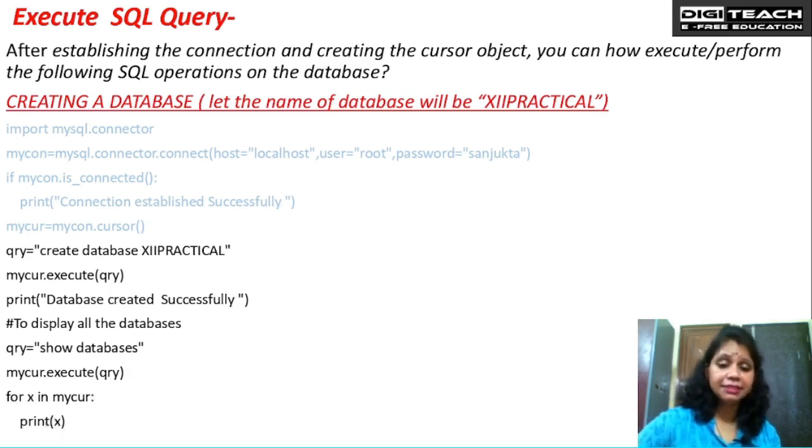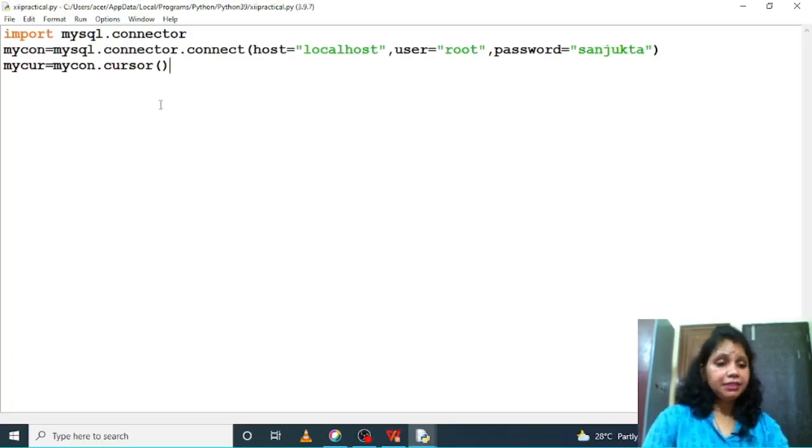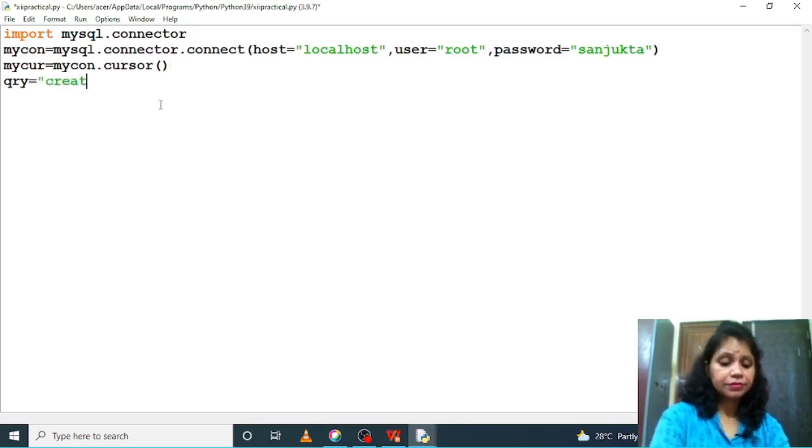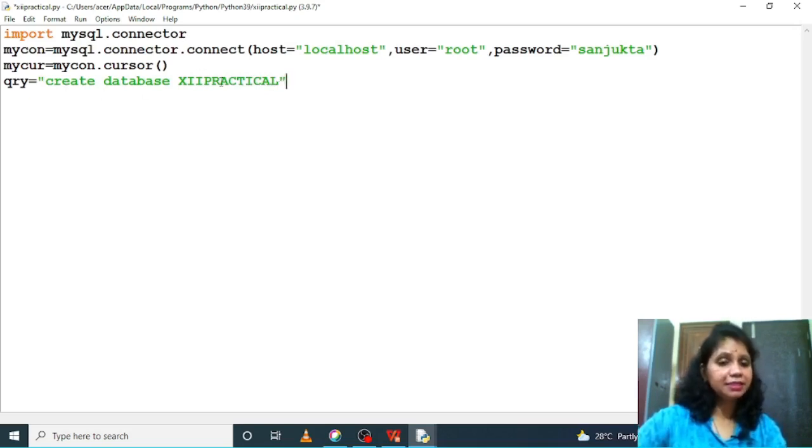How do you create the database? After creating the cursor object, my query is create database, and the database name is 12th practical. So friends, this is the statement create database 12th practical. This is the statement to create a database. After that, I have to execute it by using my cur object. That one is my cursor object, my cur is the object of the cursor function. So, my cur dot execute,